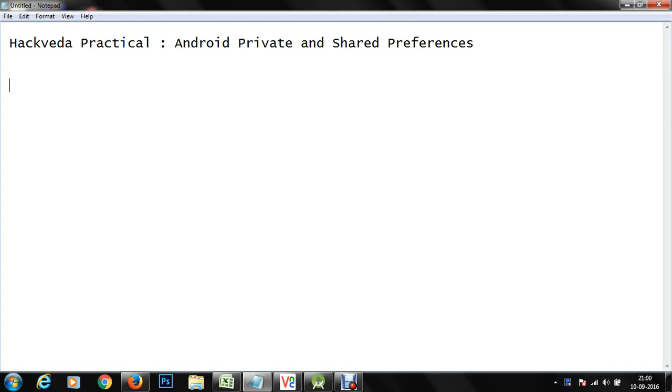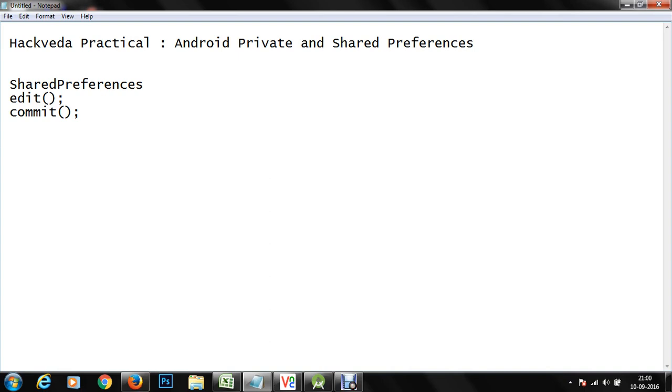In order to get started with preferences, we are going to make use of a class known as SharedPreferences. We are going to make use of a method known as edit, using which we are going to edit the preferences. We are going to make use of a method known as commit, using which we are going to confirm that these preferences should be stored in a file within your mobile application.